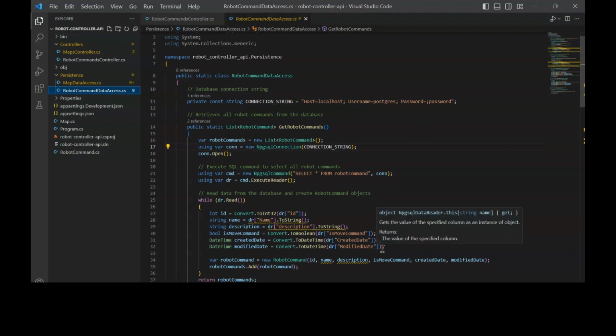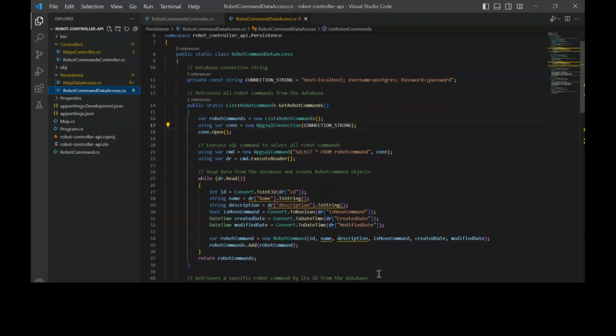Now, using NpgsqlCommand, it is used to declare and initialize an object named cmd with an SQL select query to retrieve all the robot commands from the robot command table in the database. I have also used this method, which is public static RobotCommand GetRobotCommandById, which declares and takes an ID as input and returns a robot command object representing the robot command with the specified ID. In the connection, I have used the same SQL select query to retrieve the robot command with the specified ID